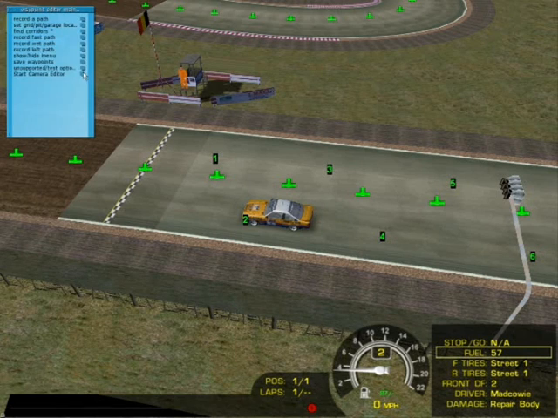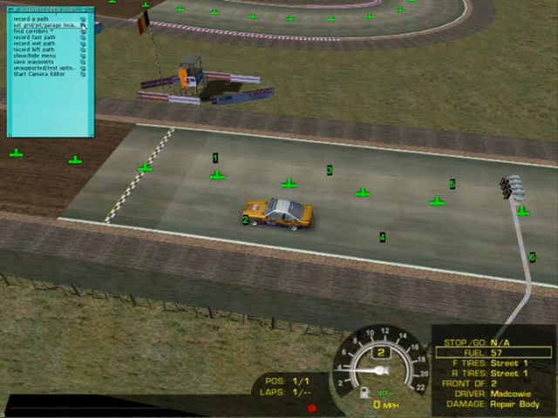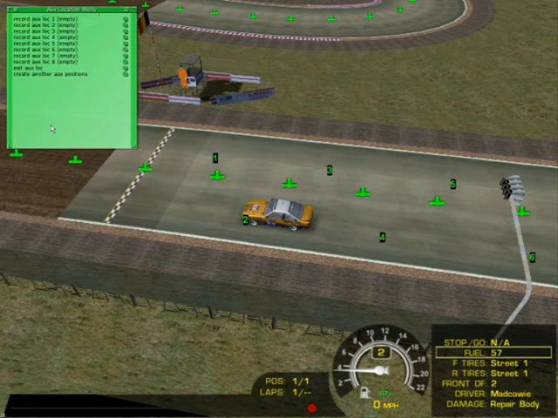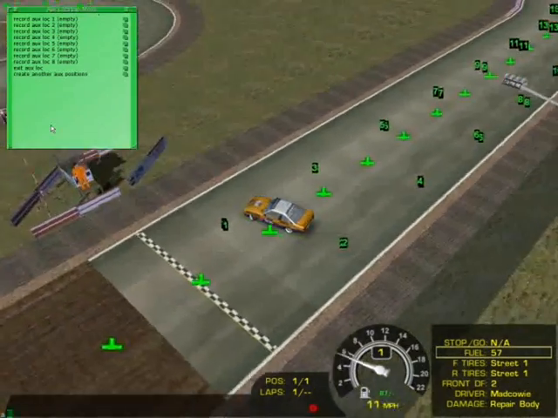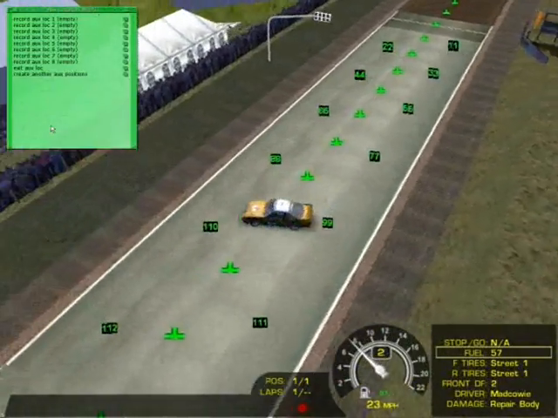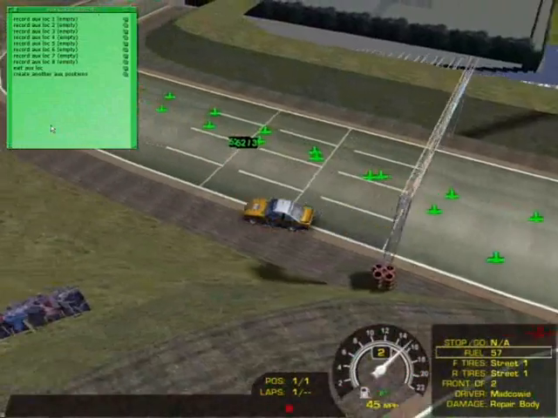So exit start location and save waypoints. That's that done. If you go to set grid pit garage locations here, we've got add auxiliary location. Now this is where it puts the safety car, and right now I can't remember which is which, so just to make sure it doesn't appear in the middle of the track, I'm going to find a place to put the safety car,